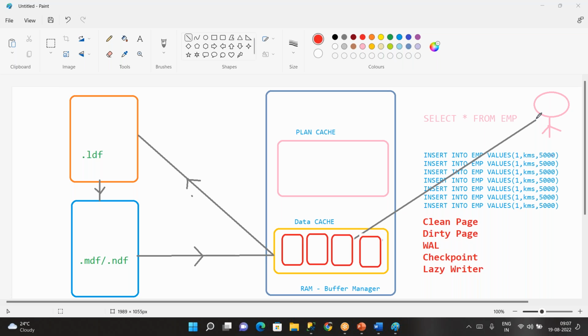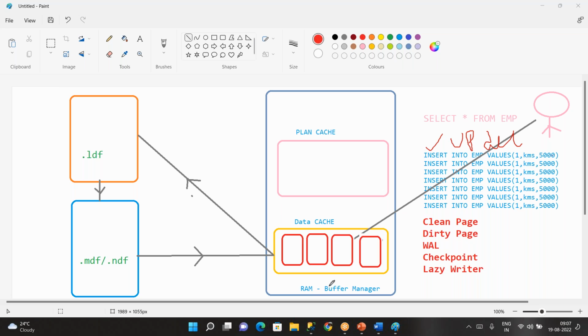Whenever you perform an insert, update or delete, first it goes to the command parser, which checks the syntax. Then the optimizer prepares the query plan, the executor sends the request to the access method, and the access method sends it to the